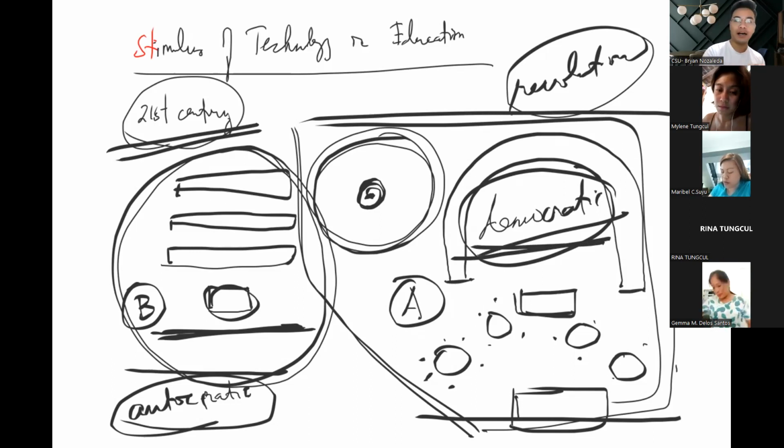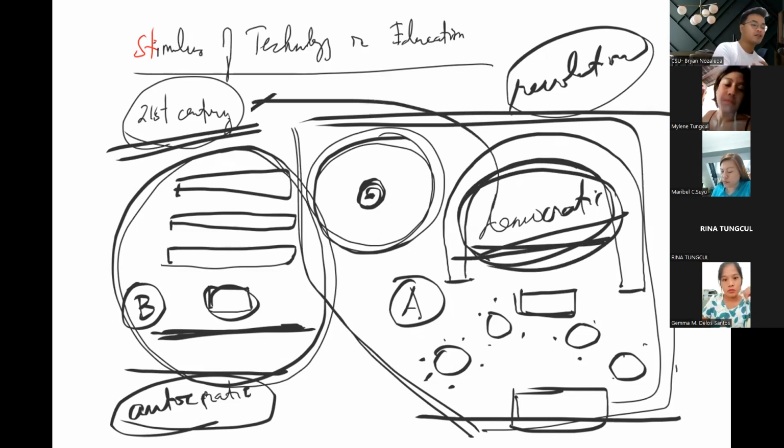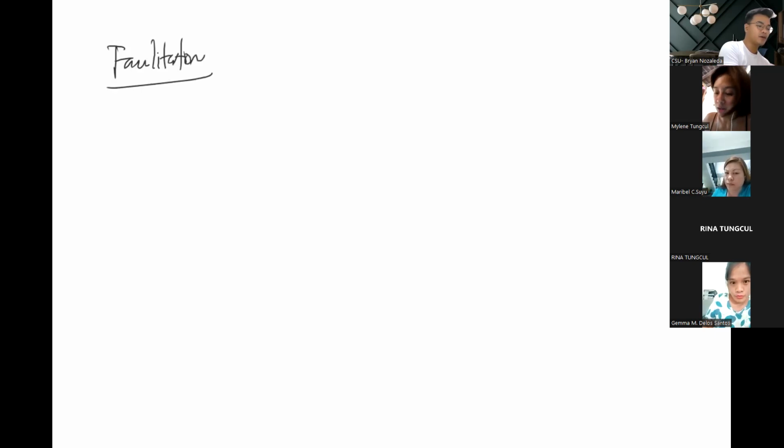And what we have now, what operates and what should be operating in our learning environment now is, of course, a democratic learning environment for a 21st century education. Okay? For the 21st century education, wherein the teacher assumes the role of being a facilitator of learning. Okay, the teacher assumes the role of being a facilitator of learning for the 21st century education.